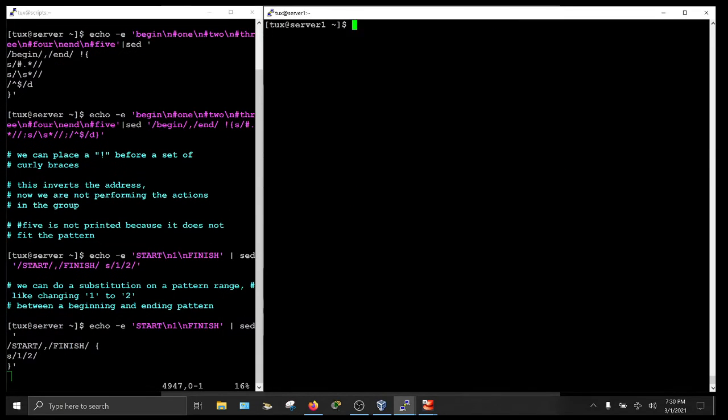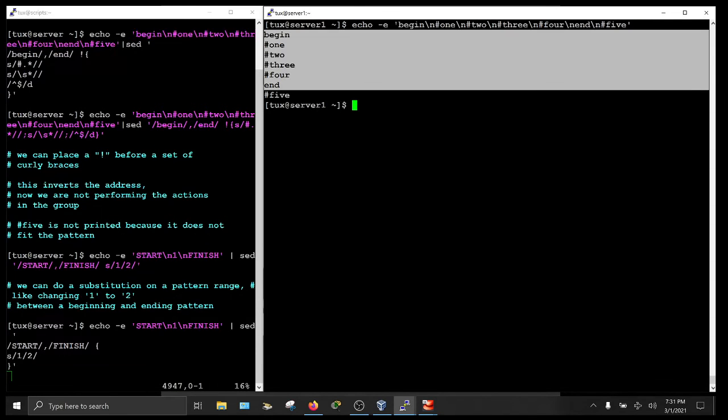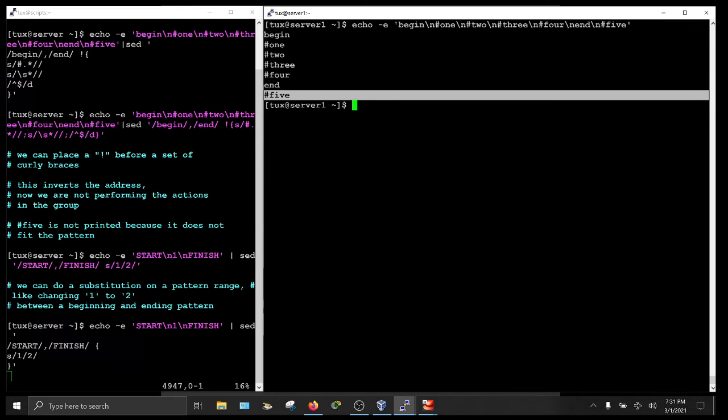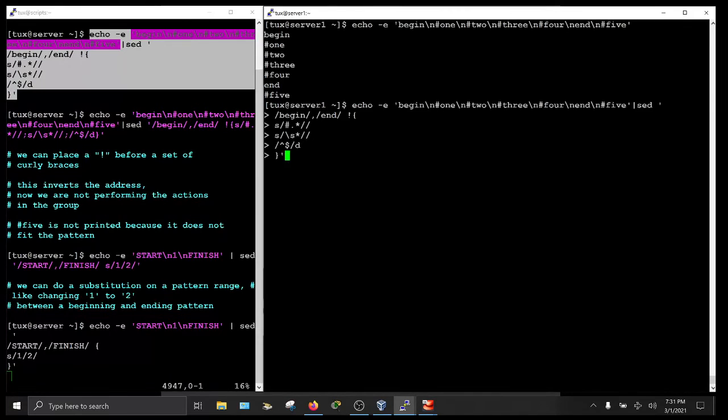I'm going to clear the screen, and now let's take a look at the text. Okay, so I have begin and end. I have 1 through 4 between them, and then I have 5 that is not within that pattern range. And so I have this, and so this will